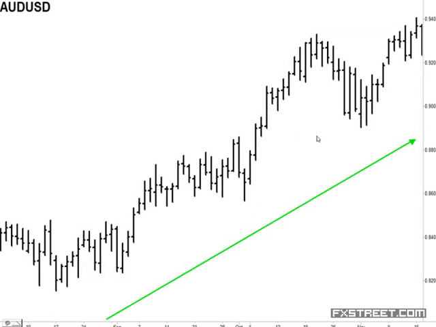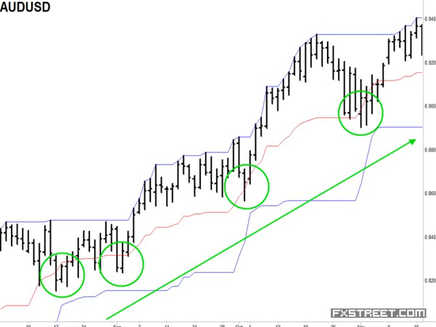All right, so let's look at our chart again. This is the Australian dollar we were looking at. We've seen that in hindsight, this was in an uptrend, but how could we have taken advantage of this in real time? Well, we apply the structure, okay? These are the opportune areas where we would have liked to have gotten long the Australian dollar. We simply apply the Donchian channels, as you can see, and every time we sold off back to the midline, it went right into these buy zones, okay, right here.